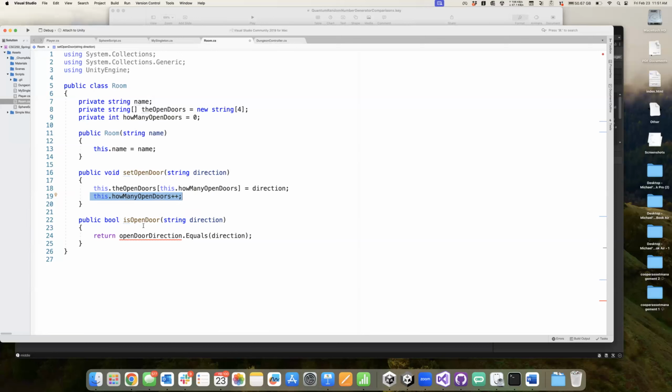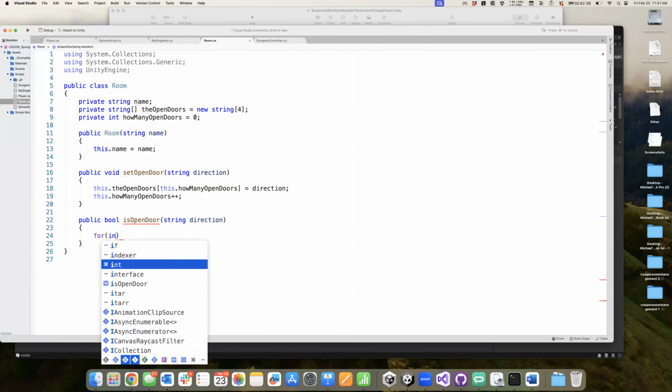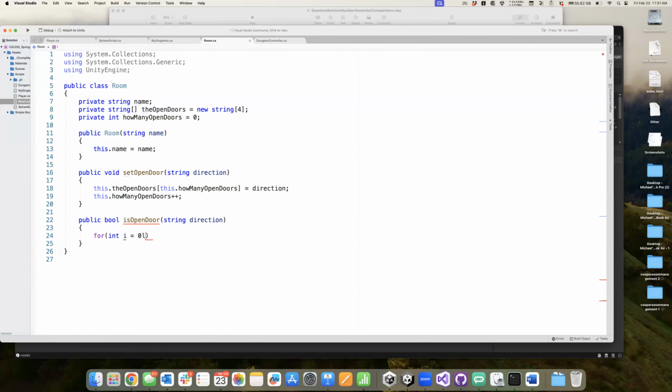All right. So we'll set the open doors. Now, in is door open, rather than just checking against a single thing, we want to check against all of our possible open doors. So this dot, how many,